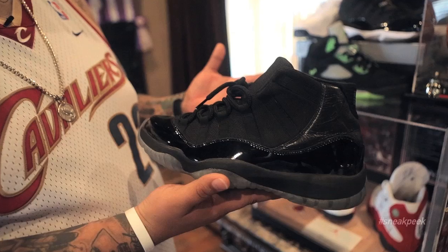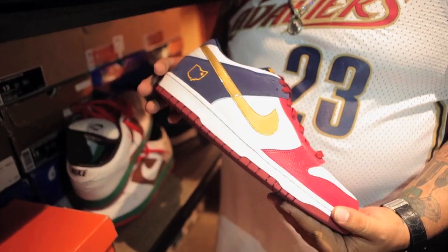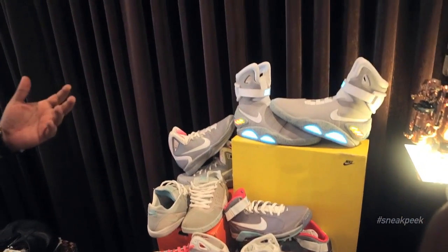advice to up-and-coming collectors. Kenny G, our Season 3 opener, was simply the surprise of, well, the entire year. Mr. Wear Your Kicks unveiled a plethora of sampled Jordans, LeBrons, SBs, and everything in between, including his insane McFly collection. Now, we couldn't show all of his collection in October due to time, but now that the dust has settled, check out unseen footage from the Perfect Pairs collection, including his overflow closet, more samples, and what he refers